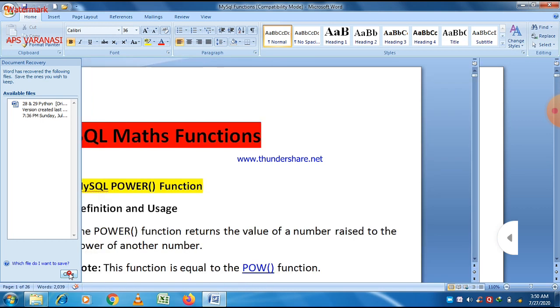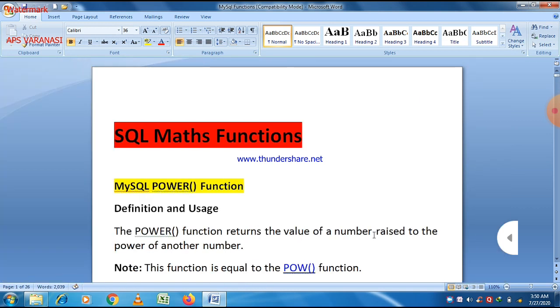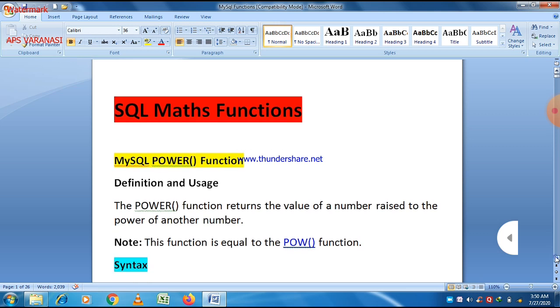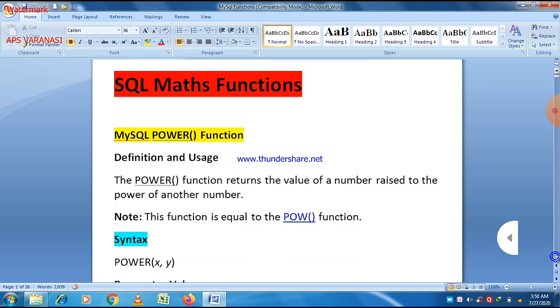SQL math functions. The first function is the MySQL power function. As the name suggests, if we want to find the power of a given number, a number raised to a given power, we can use the power function. The representation of a function, as we know, is given by the sign of parenthesis.